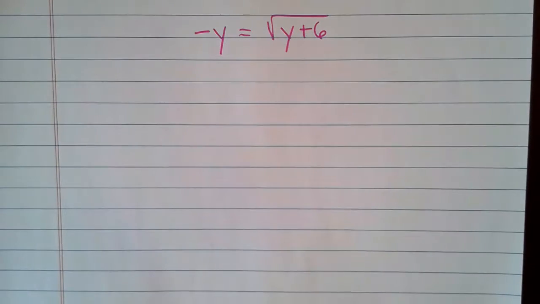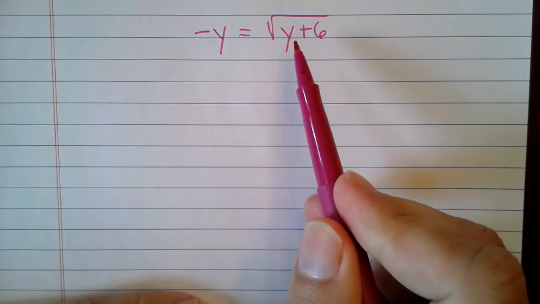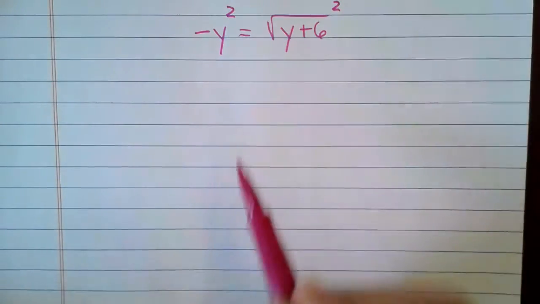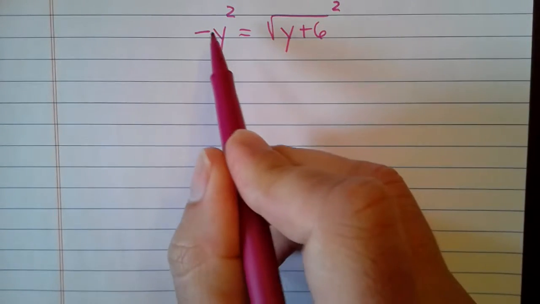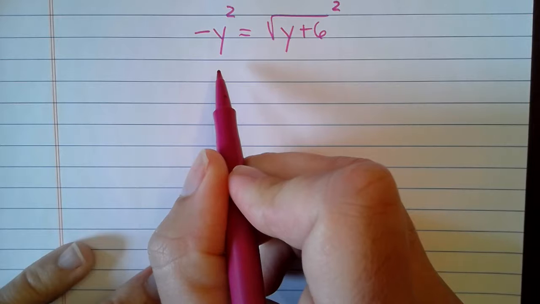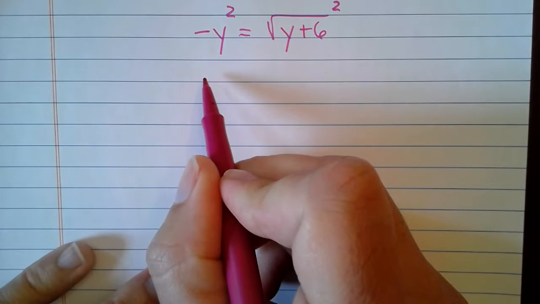Let's solve this radical equation. Now we have negative y equals the square root of y plus 6. Since our radical is isolated on the right side, we can square both sides. All right, so when I square negative y, meaning I do negative y times negative y, that gives me